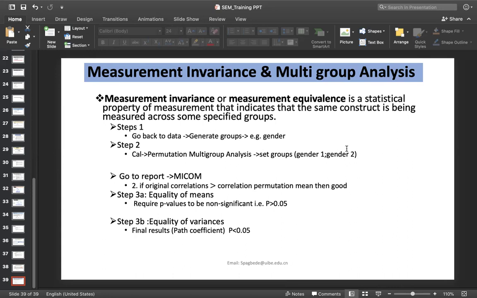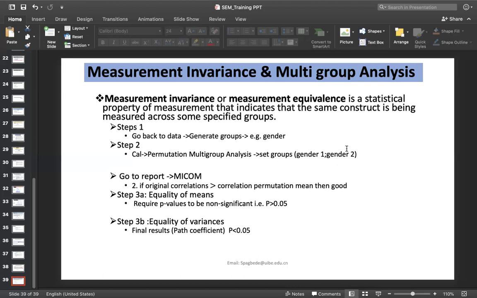So now with the answer you've given, can you see my screen? Yes. So the measurement invariance. Can you relate what you've said now to the definition of measurement invariance? So as you rightly said, sometimes we want to see differences.